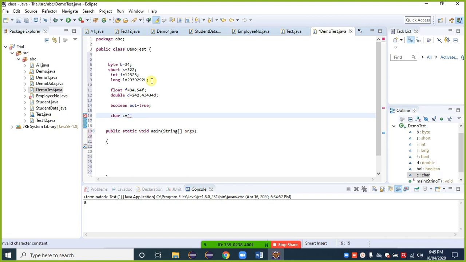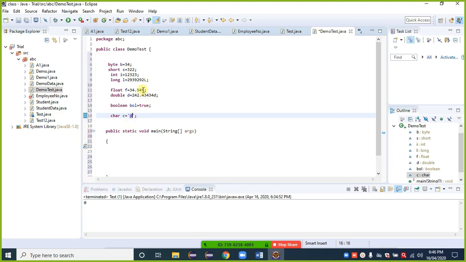As per the Java syntax, we need to provide a single quote for the char value. So strictly keep in mind that with a long, capital L is needed, with a float, small f is needed, with a double, small d is needed, and for char we need to provide a single quote for that value. In the case of char, we can use numeric also, we can use a special character also. There are no limitations.